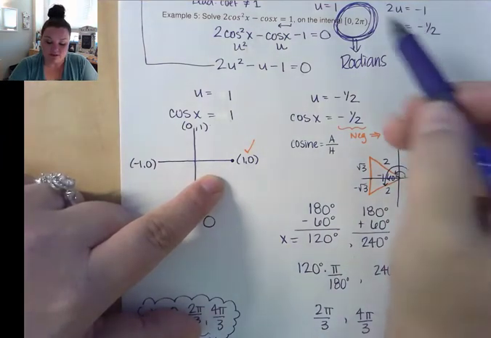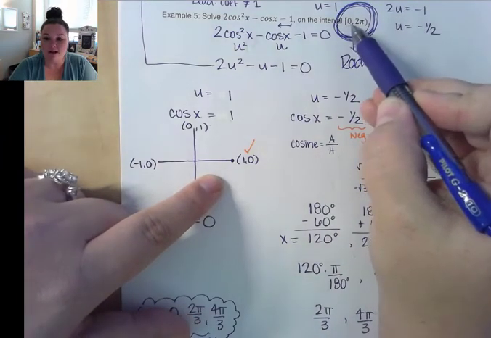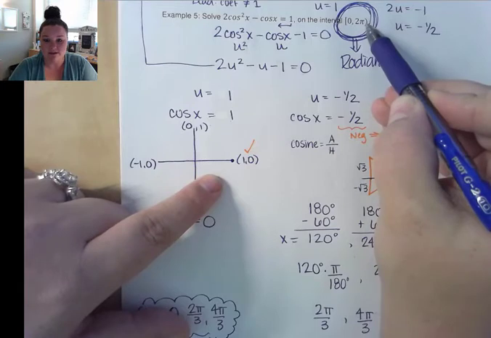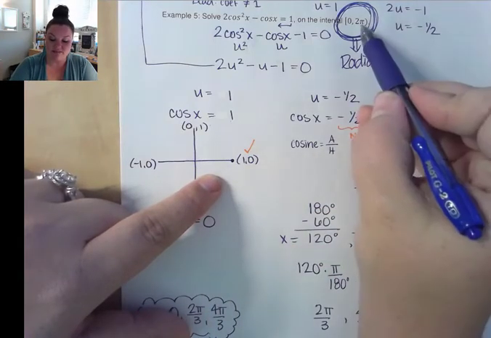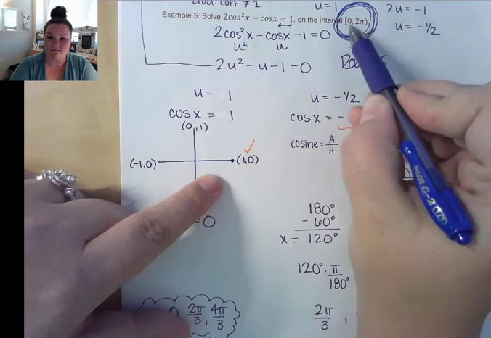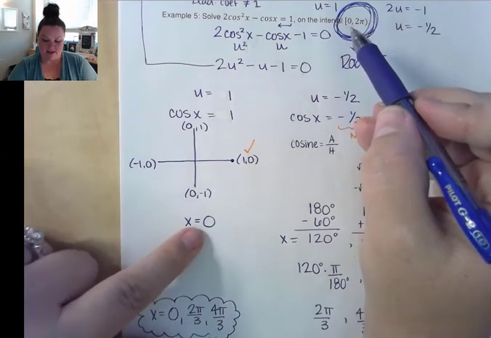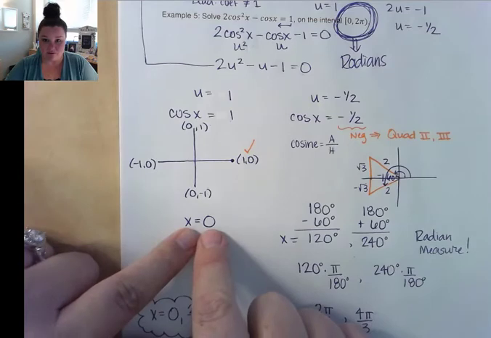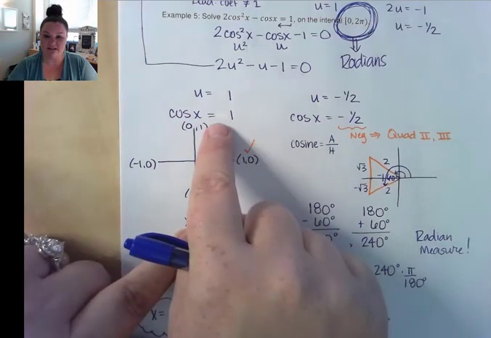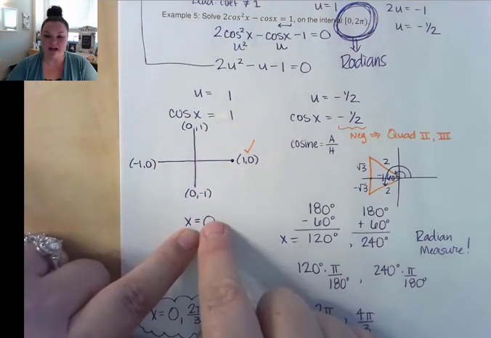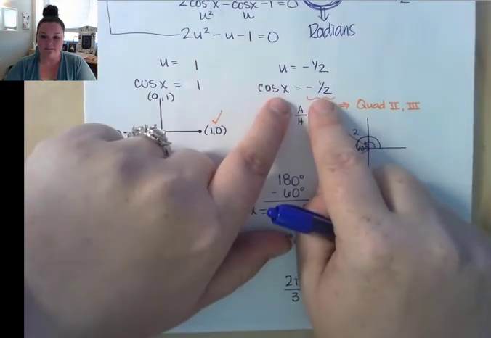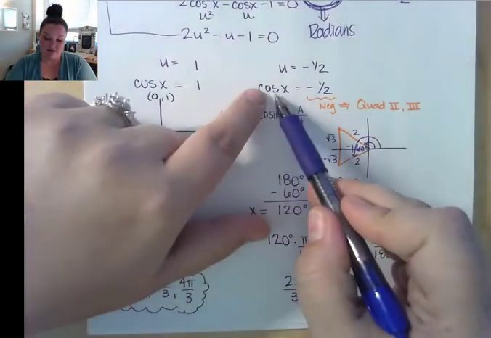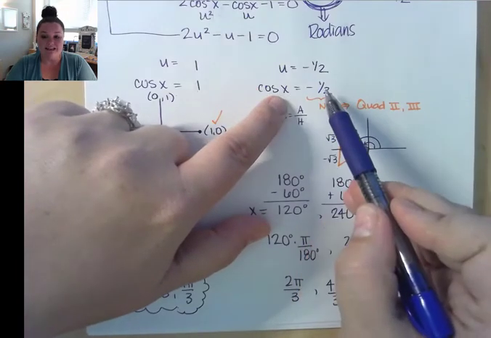Okay, and notice there's a bracket on the 0 and a parenthesis on the 2 pi. So that means if I have something that happens to fall here, we're not going to express it as 2 pi, we're going to express it as 0. Okay, so x equals 0 is the angle measure that solves this piece. Now I need to see if I can find the angle measure that solves the second piece. So I'm going to move on to the second piece, and it says that the cosine of this angle equals